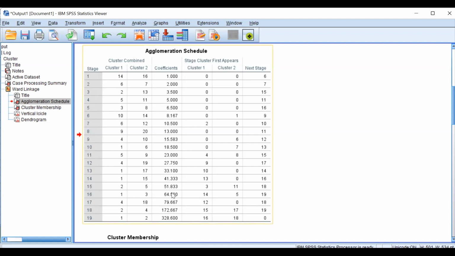Now look at these jumps from the previous stage to the next stage. This will help you to decide which is your ideal solution. We always look at the last 3 or 4 stages. So if you look at these stages, 64.5 to 79.66, then 79.66 to 172, and 172 to 328, where do you think